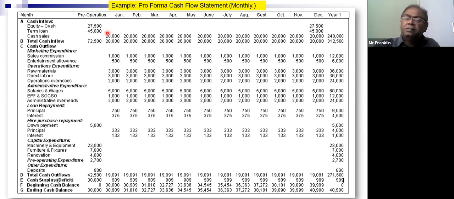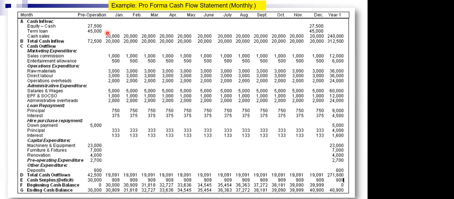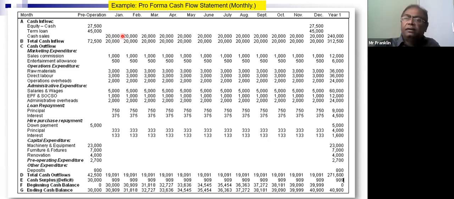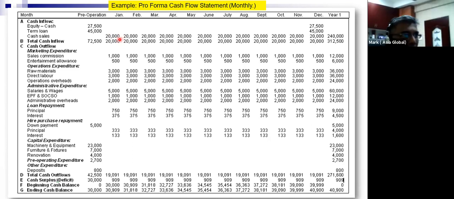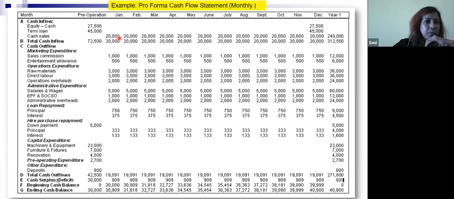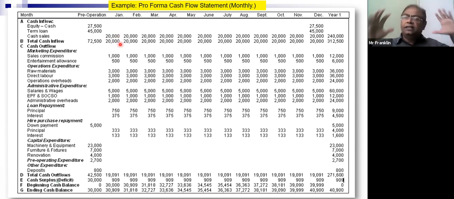Sales. Is this a projection or what? How do you know 20,000 cash is coming? It's a projection. He's not sure, but this is projected in